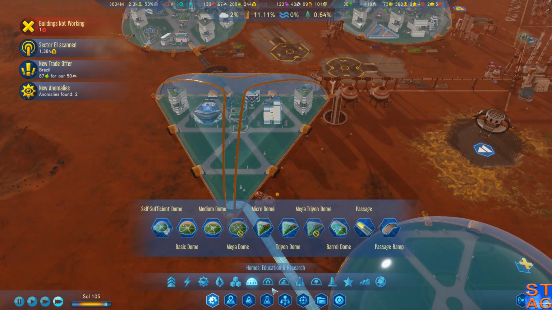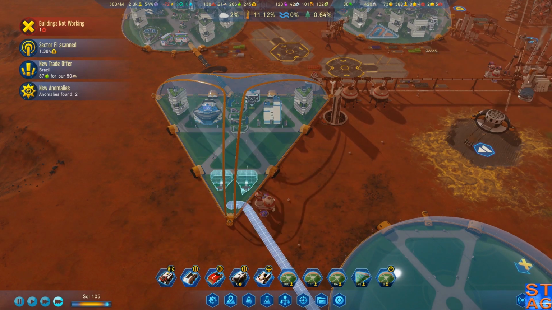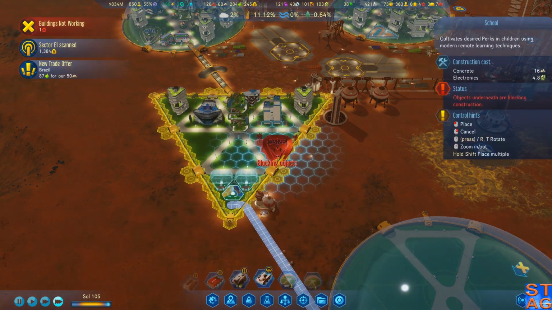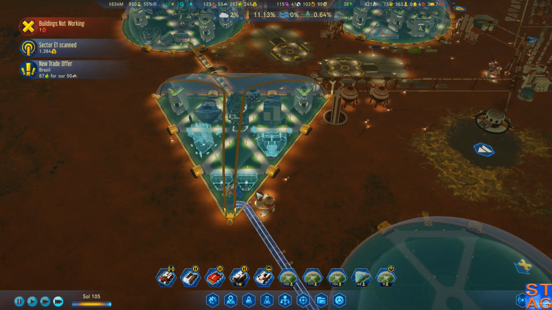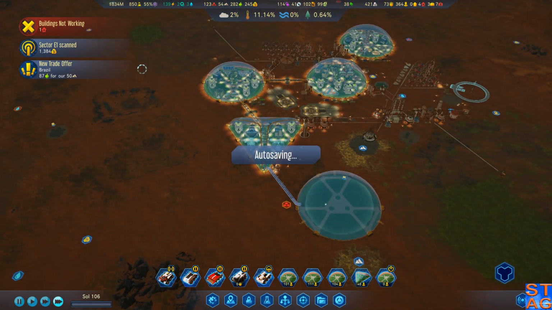Yeah, let's go ahead and double up on my... Let's double nursery playground here. And I think this is going to be a baby dome. Combine it with a school and another apartment complex, and we'll make it happen. Concrete, though, is running very low until we can get new supplies down from...